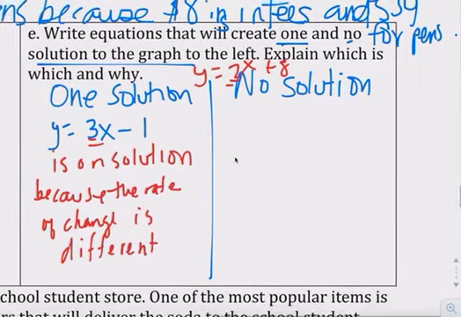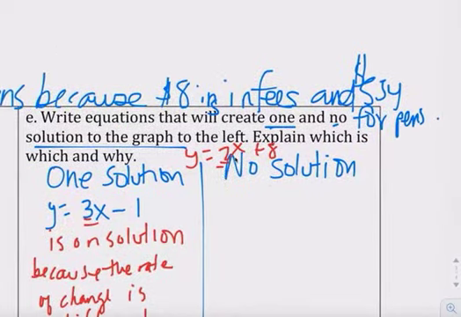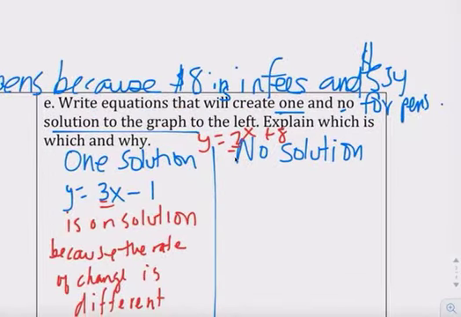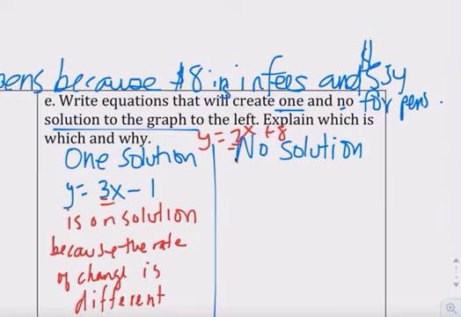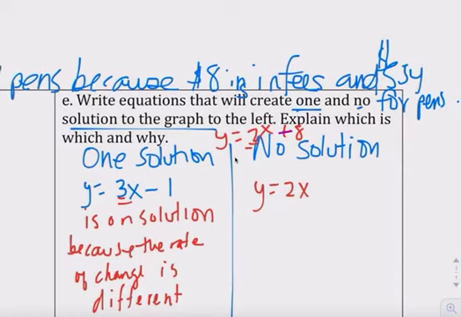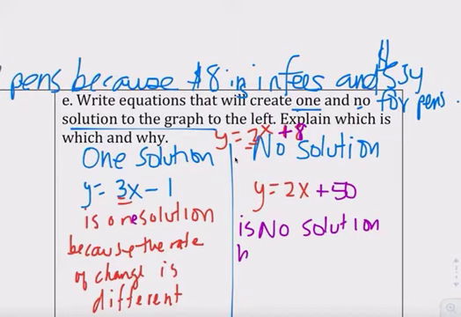No solution is when the rate of change is the same and the y-intercept is different. So y equals 2x has to be the same. So you can't put plus 8 anymore, so we'll put plus 50. So we know it's no solution. This is 1 solution. It's no solution because